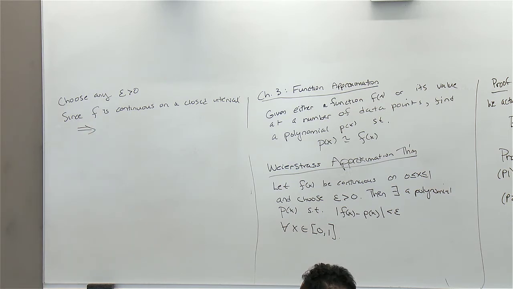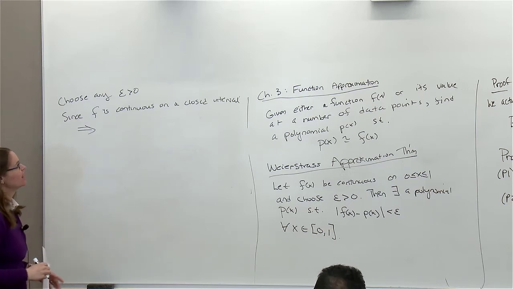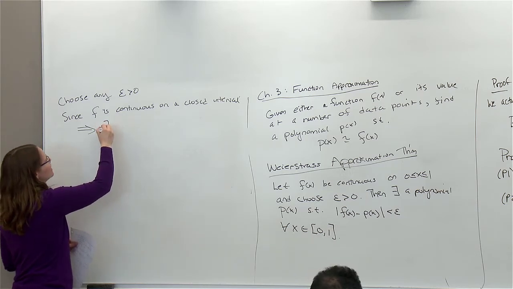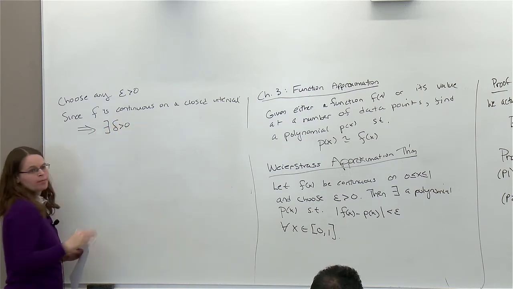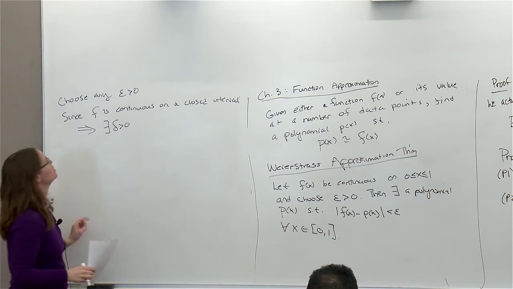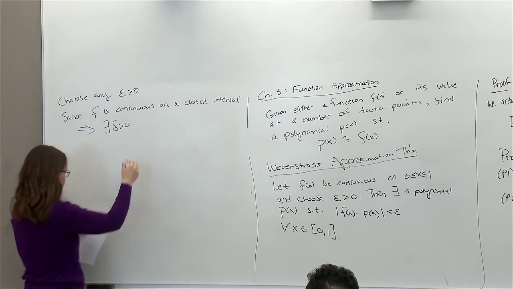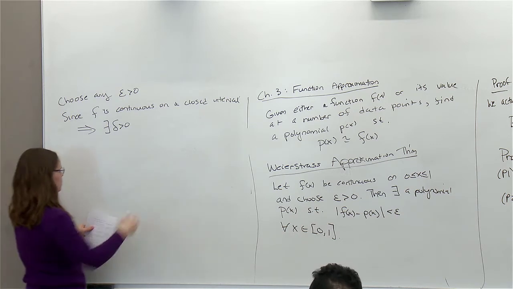You remember the definition of continuity? That's right. For all epsilon greater than 0, there exists a delta greater than 0, exactly, such that, as long as I'm within a distance delta of x, my function is not going to wander away from f of x by more than epsilon. So there exists delta greater than 0, such that